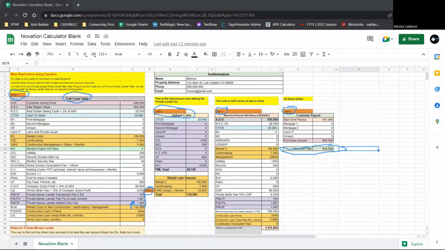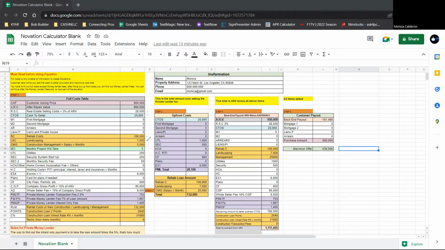So let me just clear this up. And as you guys can see, I've made up a scenario here where our customer asking price is 800K, our ARV 950. We automatically get our real estate selling cost, which we have at 3%. Our cash to seller, who wants $20,000 up front. No mortgages, no arrears, no liens. From our previous visit,